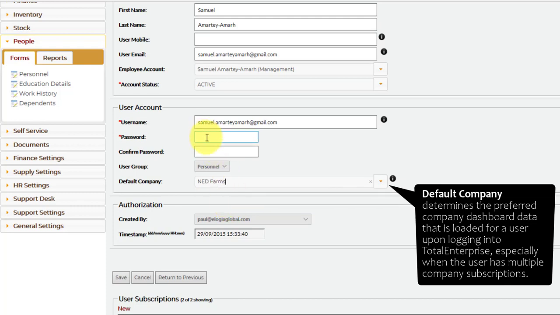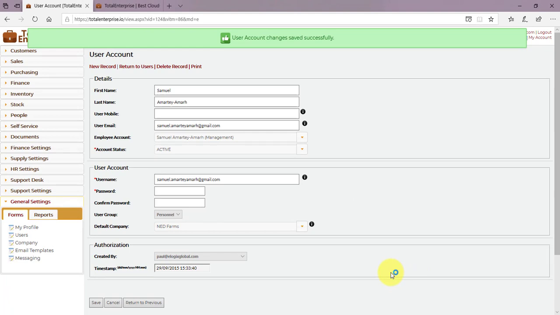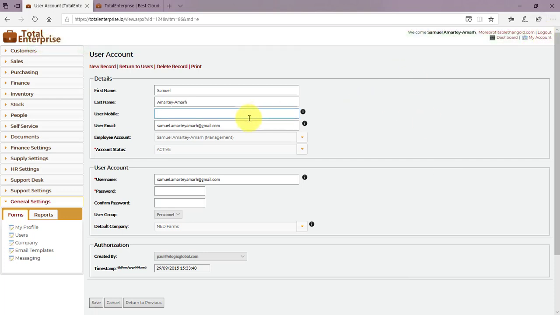And just to confirm that these changes are authorized by Samuel, I'm required to put his password. And so I can just put a password there. I'm just going to put a password over here and save it. Great. So user account changes have been updated for Samuel's account, and now anytime I log in with Samuel's account,